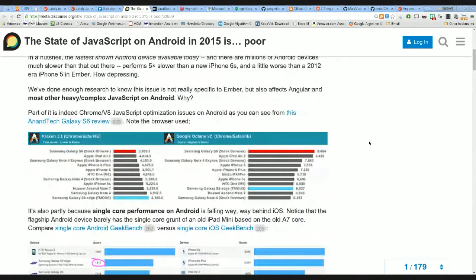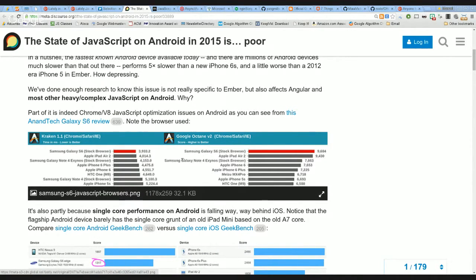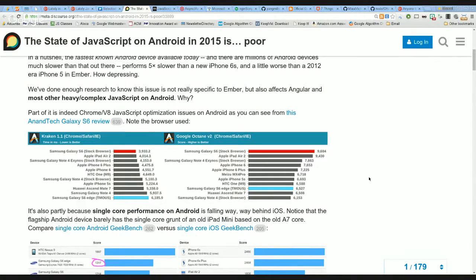There are some charts here that I'm not sure what they mean, because they mention Kraken and then Google Octane V2. That also probably are browser things to test, or could be JavaScript engines that are used